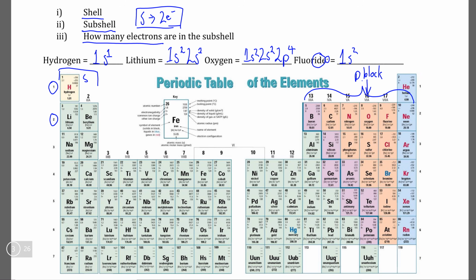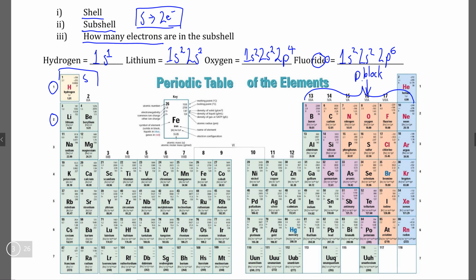Then we put 2 more electrons in the 2s subshell, and we remember that fluoride, again the negative ion, has a full valence shell, which means that instead of 1, 2, 3, 4, 5 electrons, it has an extra electron in the 2p subshell, so this would be